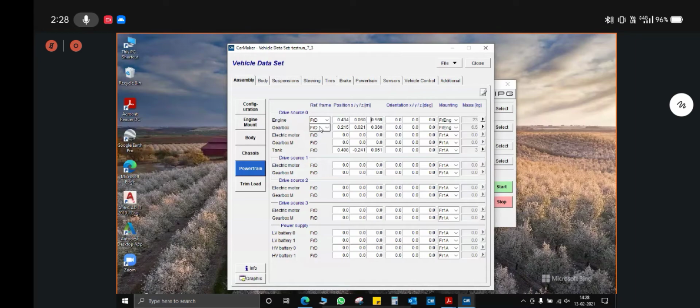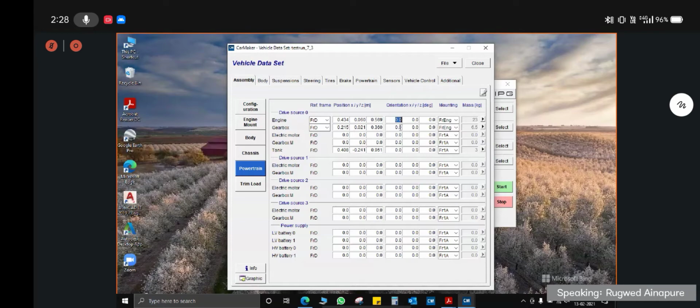These are defined considering the COG, center of gravity of all these things, engine, gearbox, tank, with the origin that you have defined as FR1. The FR1, again I'm telling, comes at the rearmost point of the vehicle when you trace it to the ground. So it is at the ground, that is the rearmost point of the vehicle.